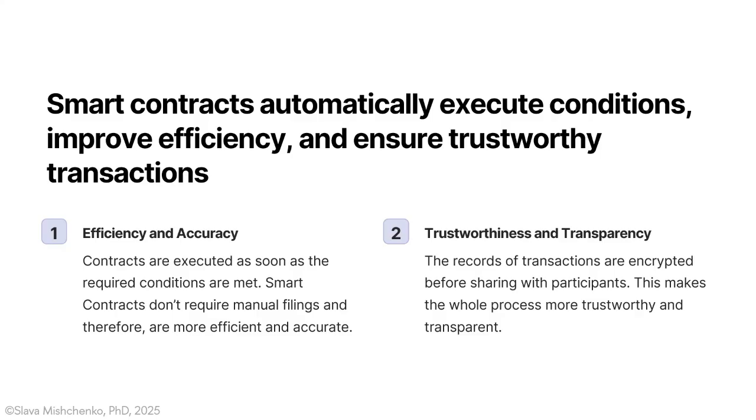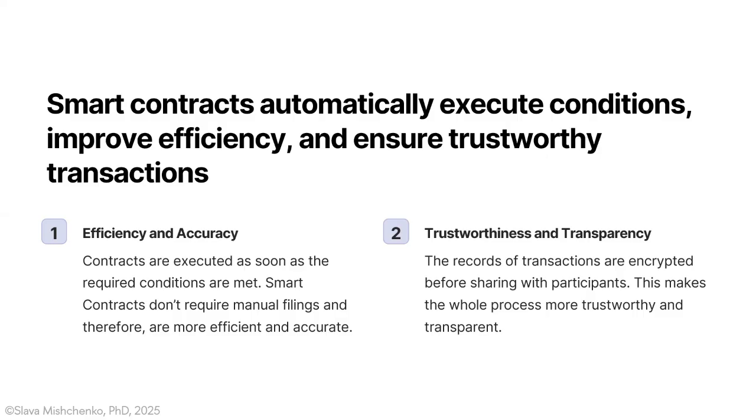And the second key aspect is trustworthiness and transparency as well. And this is where blockchain technology really shines, because every single transaction is encrypted and shared across the network. And here I often tell my students to think of it like having thousands of notaries all validating your document simultaneously. And what makes this particularly powerful is that once a transaction is recorded, it's impossible to alter